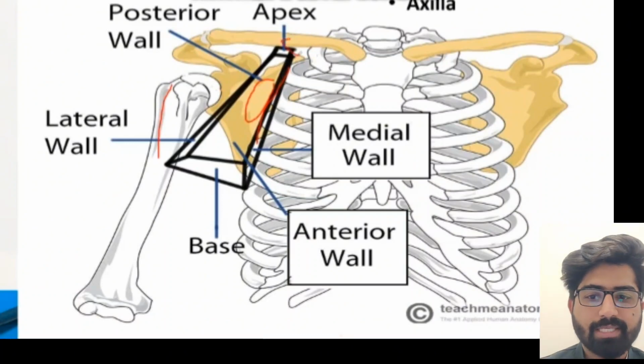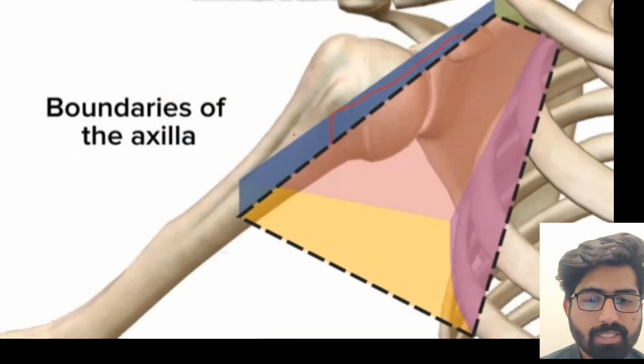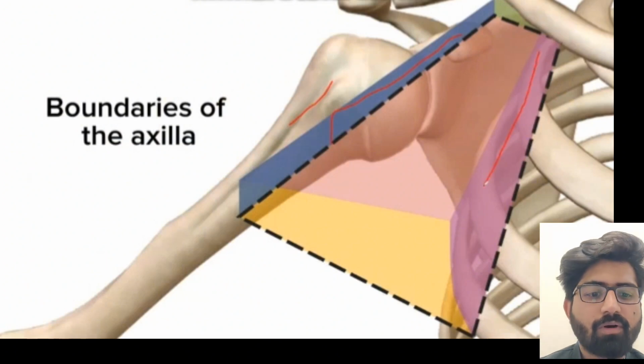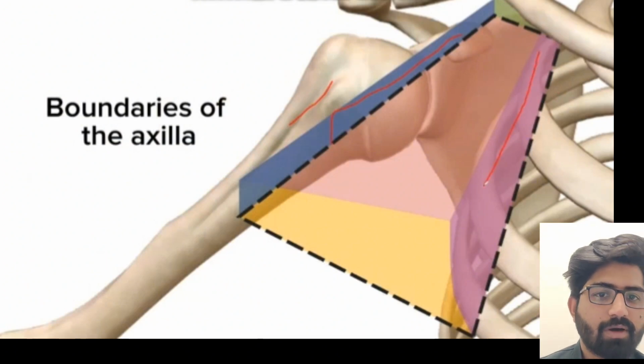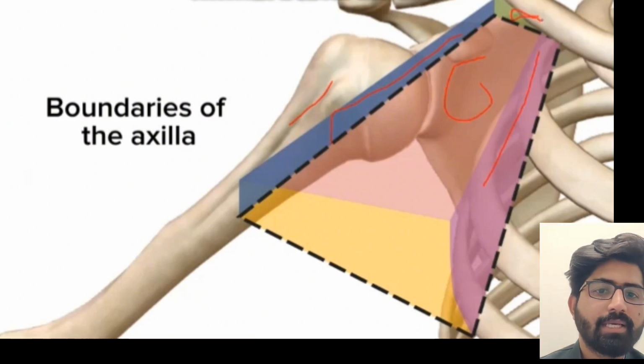So we will move to the next slides. Like it has been shown here, the lateral wall of the axilla is formed by the intertubercular sulcus, and the medial wall here is the thoracic wall. The medial wall is formed by the thoracic wall and the serratus anterior, and the posterior wall is formed by the subscapularis, and the superior wall, meaning the apex, is formed by the lateral border of the first rib and the posterior border of